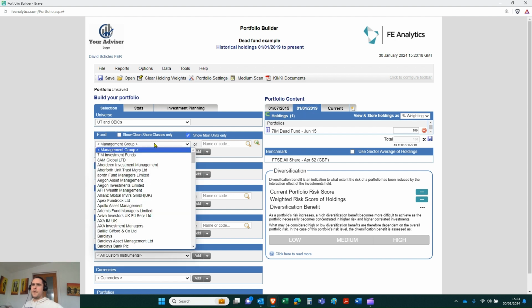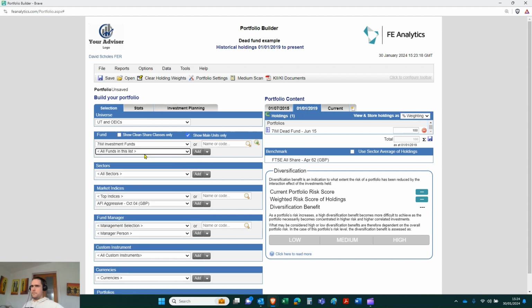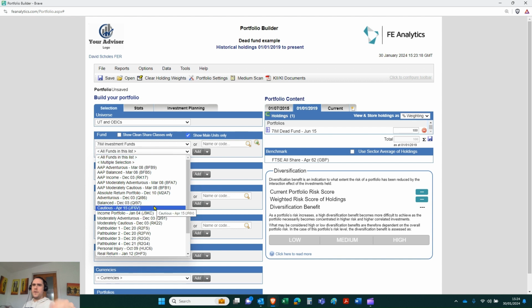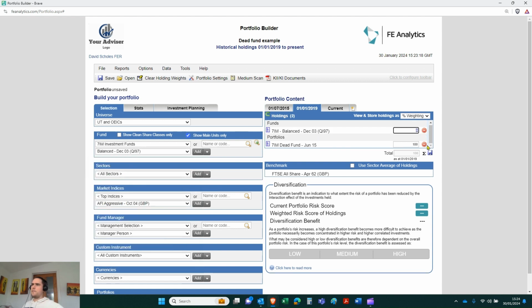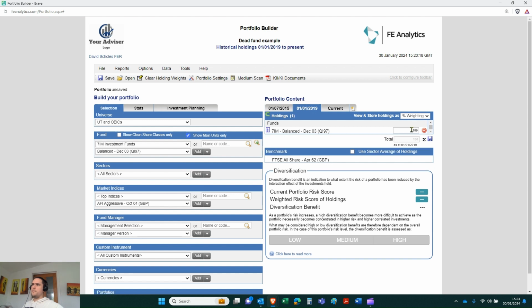Well, in my scenario here, I'm going to replace that history with the new fund. Again, I'm just making this up. Let's just pretend it's that one. And I'm going to bring that across, get rid of the old one, replace it 100% and click on save. And within a few seconds, I know it's quite a few clicks of a mouse, but within a few seconds, I've created a brand new portfolio that goes right the way up till today. And then on the 1st of 1st, 2019, which is my imaginary date of inception of this fund, it will